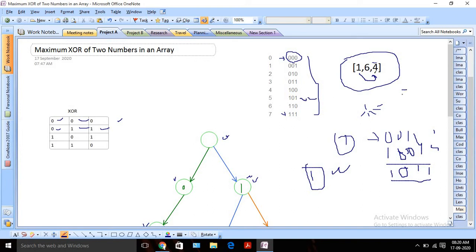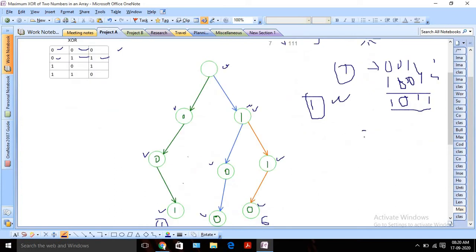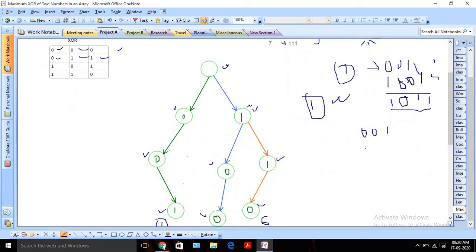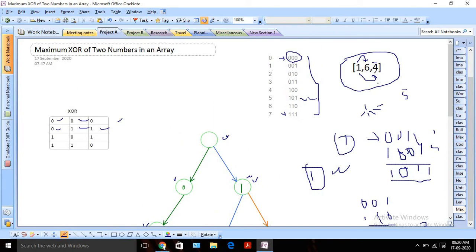So I can find that 5 can be one probable answer. But I need to check the other combinations also, right? So after that, we can do XOR between 1 and 6 also. So 1 means 001, and 6 means 110. You can see in this case all my bits are 1, so that means 7. After that we can do it between 4 and 6 also.